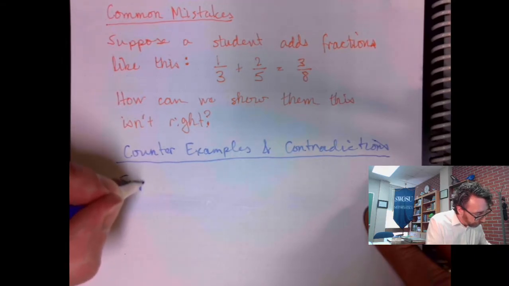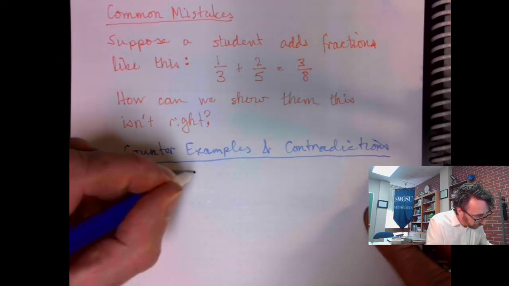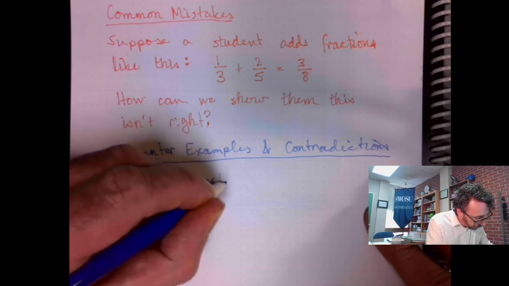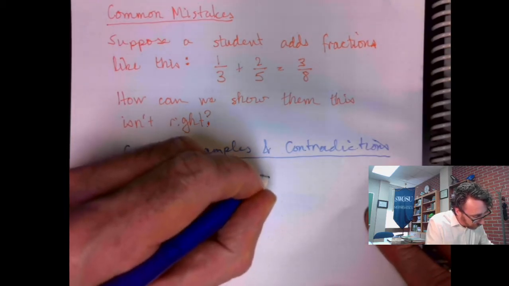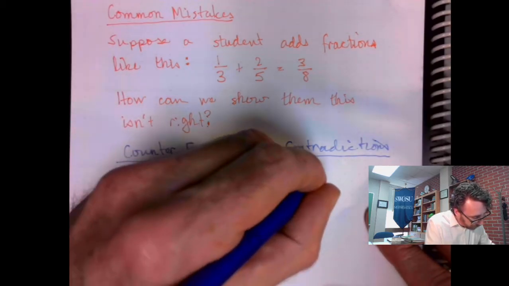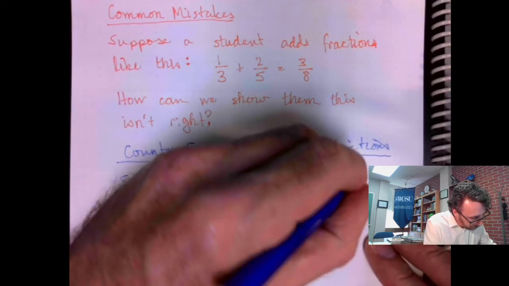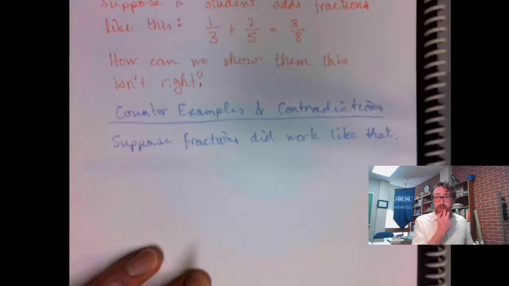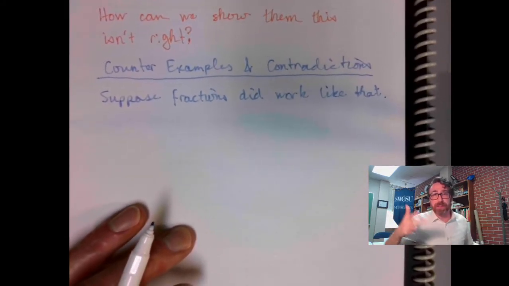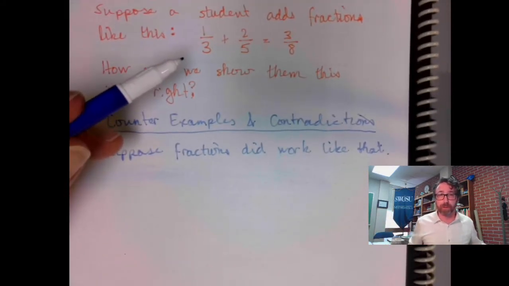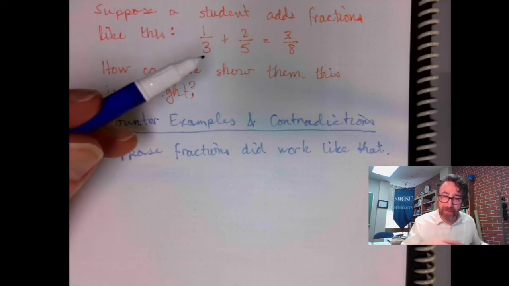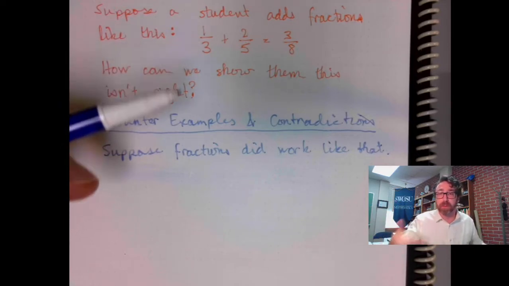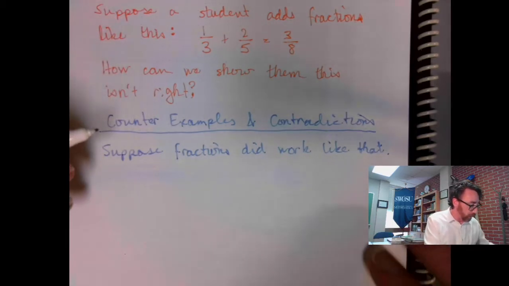Okay, so let's start by supposing fractions did work like that. So this student is claiming we can just add fractions straight across. Okay, suppose that was true. If that were true,